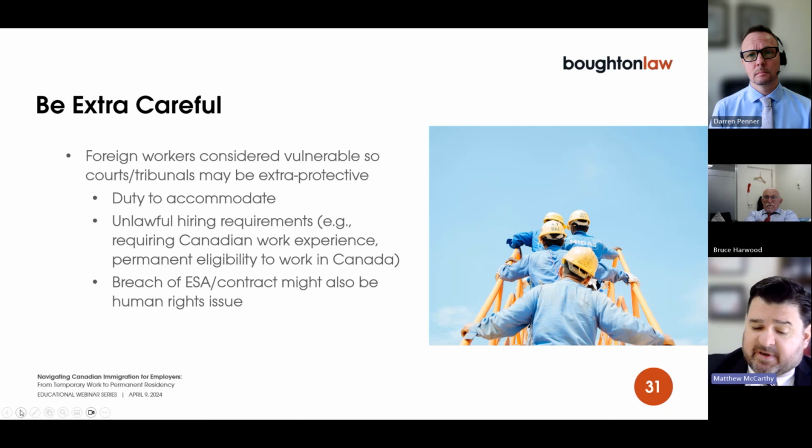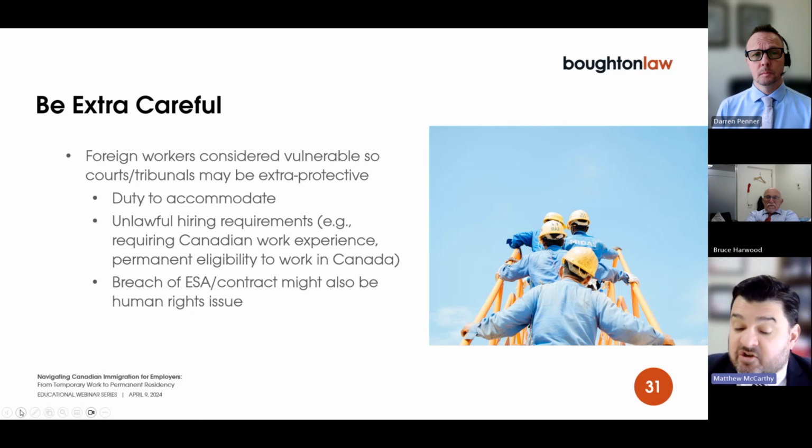We should also be mindful, with respect to foreign workers, of specific human rights issues. For example, foreign workers may have different cultural circumstances or personal circumstances that are less familiar to employers, and that may give rise to the duty to accommodate. For example, religious requirements may be different for certain foreign workers, which might create obligations to accommodate specific days off or specific obligations that apply to religion. Same thing with family status. There could be family status issues that arise more commonly, I would say, with large families from a foreign worker. We need to be aware of these obligations and treat them seriously.